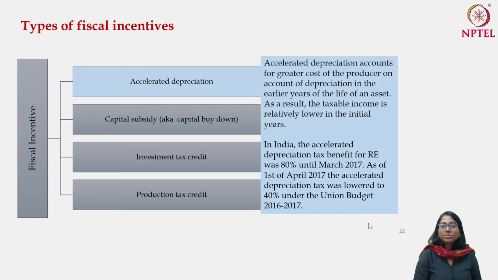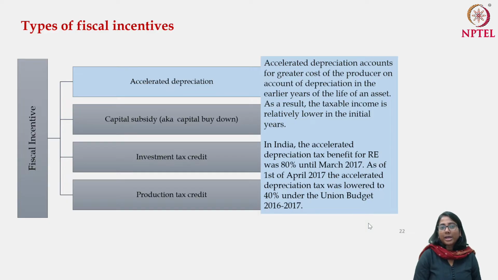And therefore this accelerated depreciation has both an economic as well as technical grounding in itself. In India, we had the policy of accelerated depreciation, but until March 2017, it was 80% accelerated. So in the first year, you could have shown the 80% depreciation, and you get the tax